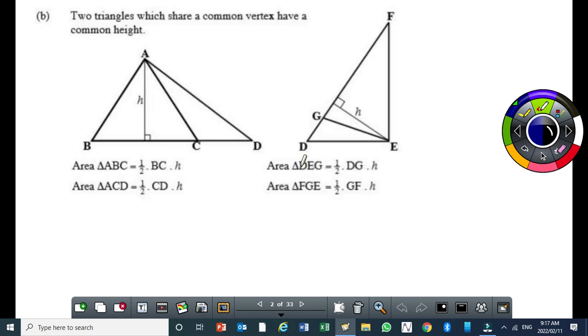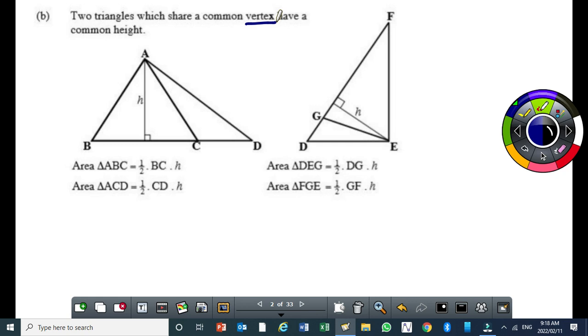Right. Then, the next aspect under triangle geometry is that two triangles which share a common vertex have a common height. Okay? Now, I've already told you what the vertex is. It is a point where two line segments in a triangle meet or converge. So, if you have got two triangles, they can only have the same height if they